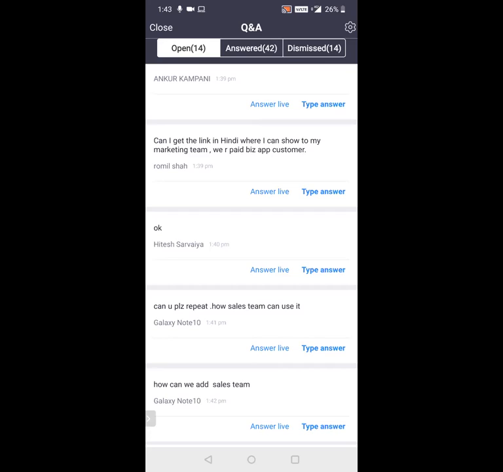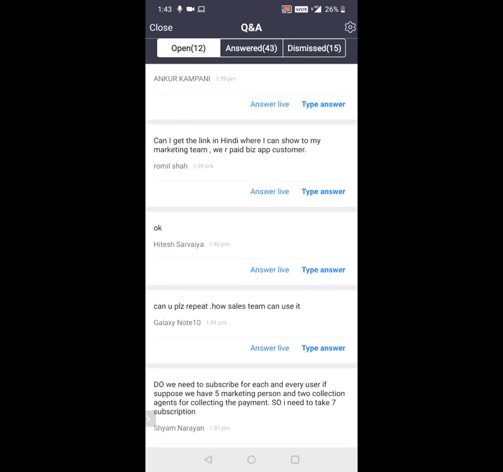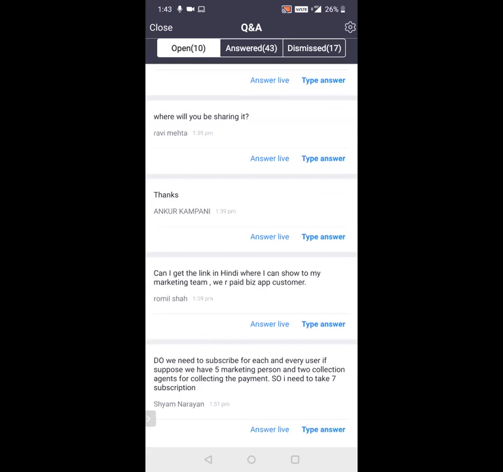See, the way I would suggest you to think of this is that you are going to spend 150 rupees per person per month. Now, can your marketing person or your collection boy help you increase your sales, reduce your outstanding? You're able to manage the productivity of the salesperson by check-in, check-out. If all this is possible, can he give you value of more than 150 rupees a month?